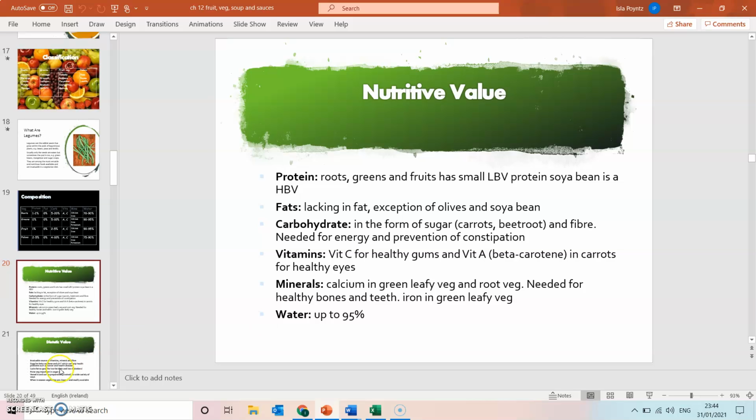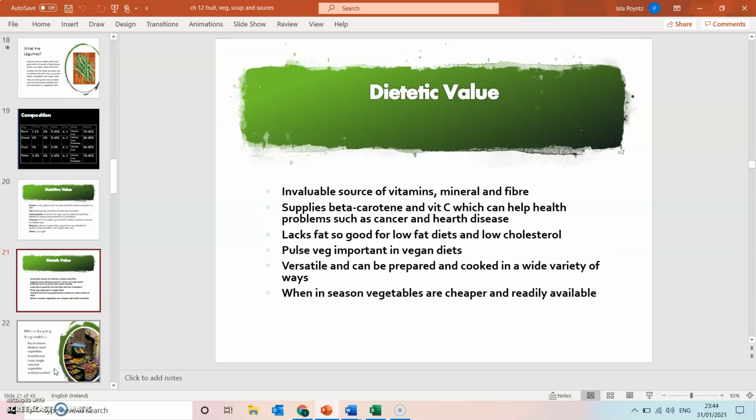Okay, and then the dietetic value. So we're referring here to whose diet and why, and a point on economy and a point on versatility. Invaluable source of vitamins and minerals, beta